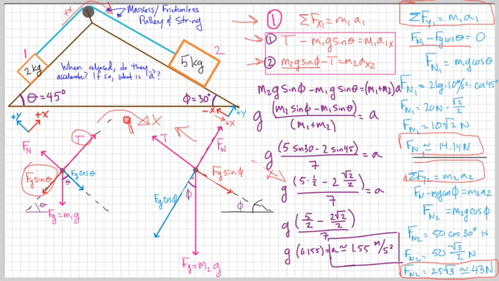Now I've assumed the positive direction is the direction where the 5 kilogram mass was hanging. I assumed maybe that's going to be the direction the acceleration is in. If it weren't, maybe the angles change and the 2 kilogram block is able to accelerate the system in its direction to the left, then I would end up with a negative acceleration value, and that would tell me it's going the other way. I just have to keep track of my directions so that I can see where the resulting acceleration is actually pointing. So in my case, I've found that